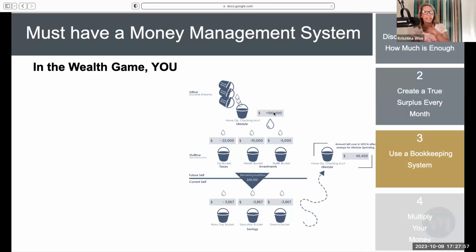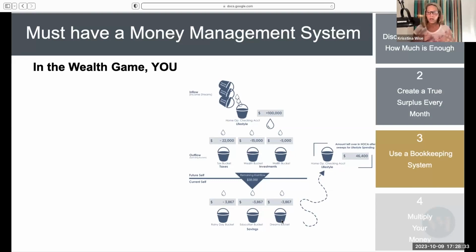But basically, we're bringing $100,000 in, and then we have these different buckets. And this just means part of what we teach is what I call the Curbs system. It's a Curbs money management methodology. It's a prescriptive process for how you manage your money. And you set up these different buckets. So in Curbs, we set up a tax bucket, a wealth bucket, a health bucket, a rainy day bucket, an education bucket, and a dreams bucket. You set up these different accounts. You attach them all to QuickBooks. It gives you one dashboard, and you manage money